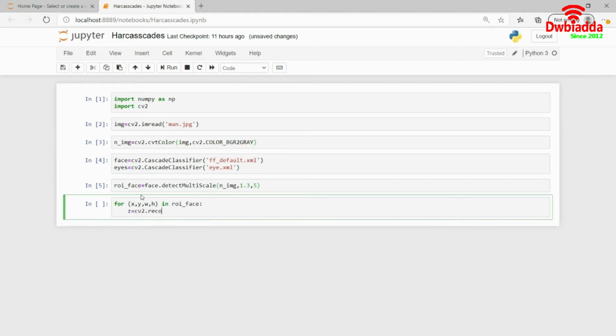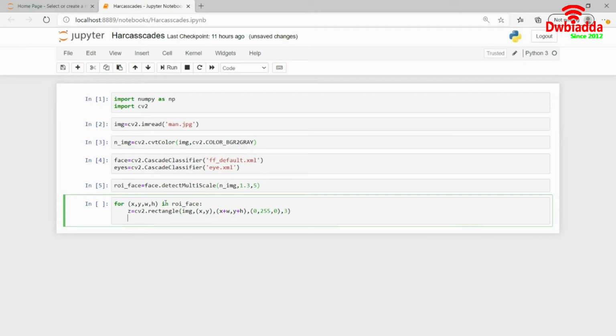I will pass in the image, which is img, and my coordinates will be x, y and x plus w, y plus h, then the color 0, 255, 0. Once this is done, I now have the region of interest, and what I require now is the cropped region of interest from the face.